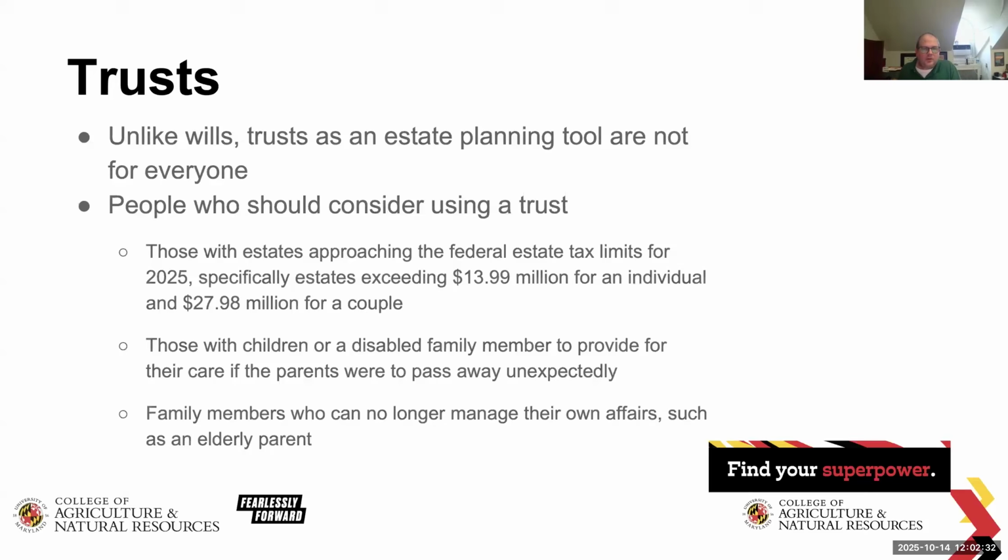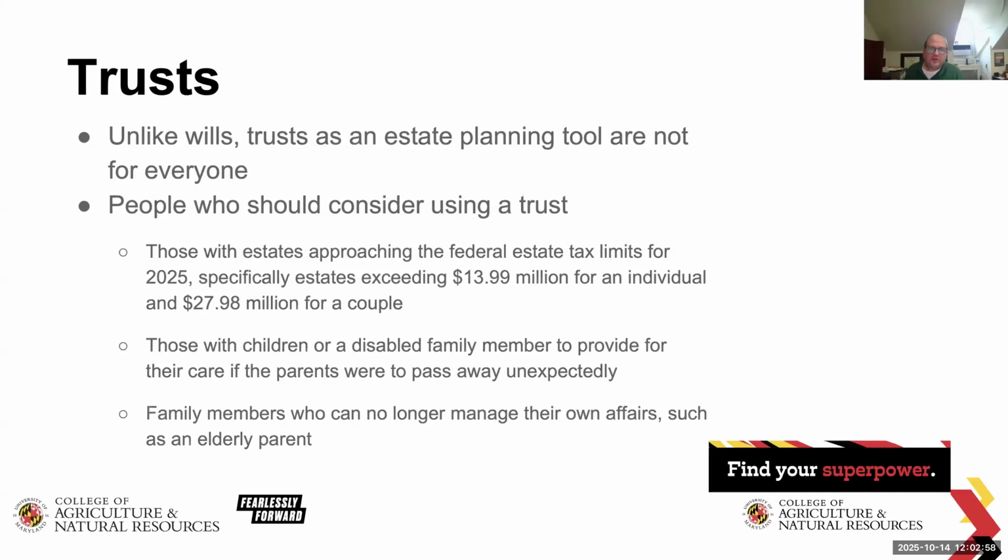The other tool we might use is a trust. And we use these in a lot of situations. A trust is just an estate planning tool. As I point out, it's not always for everybody. In a lot of cases, we may consider it when we really are getting close to those federal estate tax limitations, because there's ways to set it up within the trust so we can avoid some estate taxes.